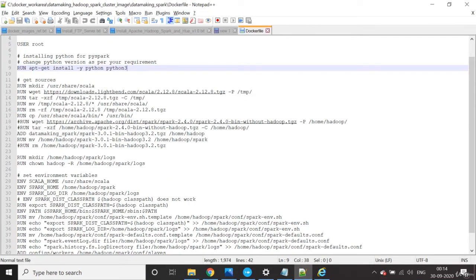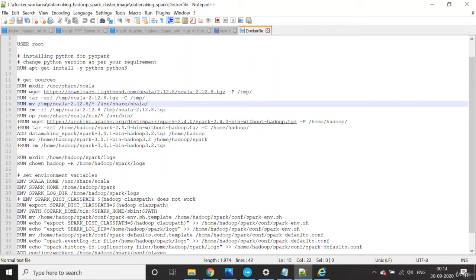Next, for Spark, if you are using the Scala APIs, you need to install Scala. The version of Scala I'm using is Scala 2.12.8. Using this URL, you can get it and extract it. It comes as a tgz file with your Scala runtime, and all you need to do is extract it.